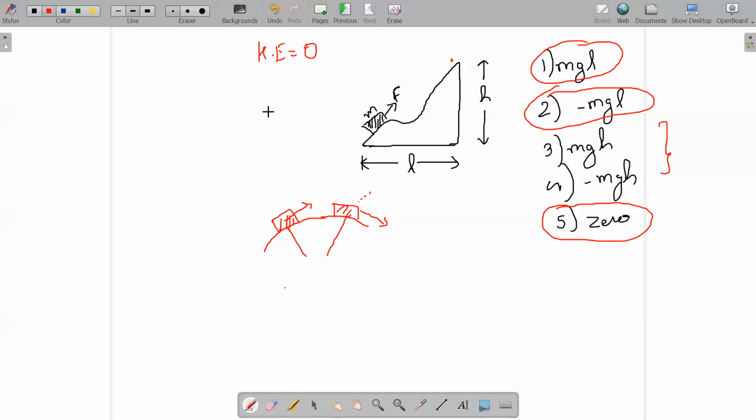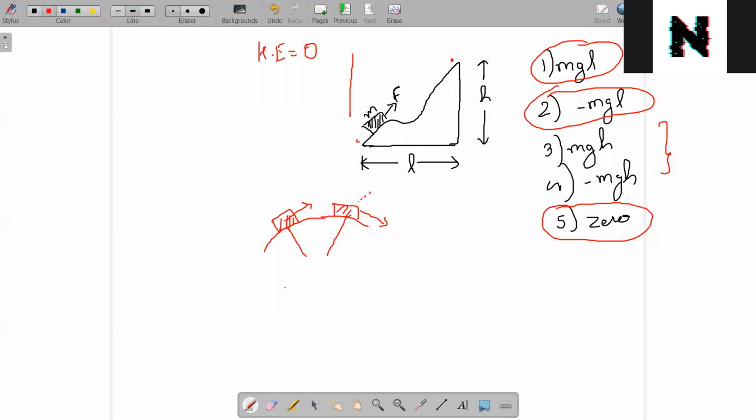Work done in this case: the body is being moved from this point to this point. So there are two types of displacement, right? One is this displacement in this direction, and there is another displacement in this direction. So won't there be work done because of the displacement in the L direction? Why did nobody say that one? I need an answer.